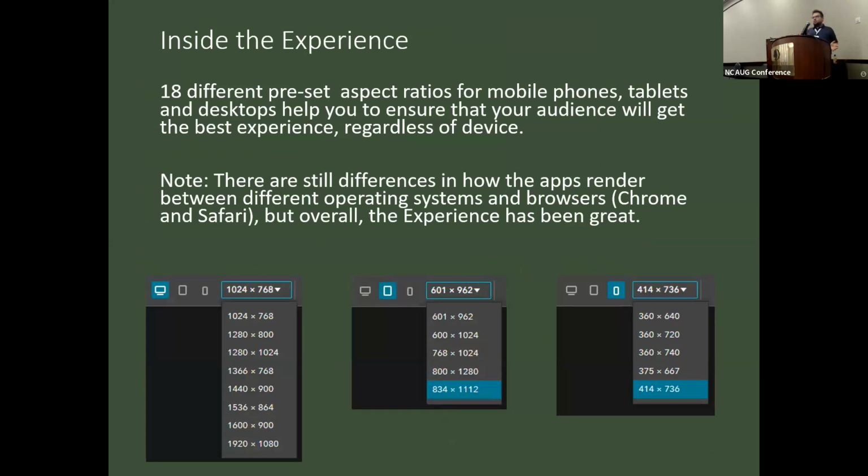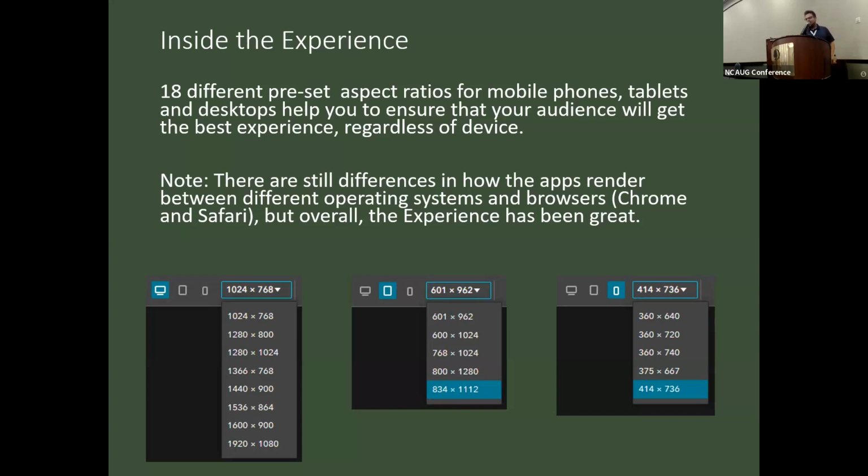Within Experience Builder, there are a ton of configuration options that I don't have time to really delve into this time. But one of the most important things that I was put in charge of was making sure that this application could be usable by the powers that be. They may only want to see it on a tablet. Maybe that's all they have. For upper management, just looking at the stuff, maybe they don't have their laptop with them. They want to look at this. We made an app last year for desktop, didn't really look good on tablet. No one used it. So this year, they're still not using it, but I built it for all those different